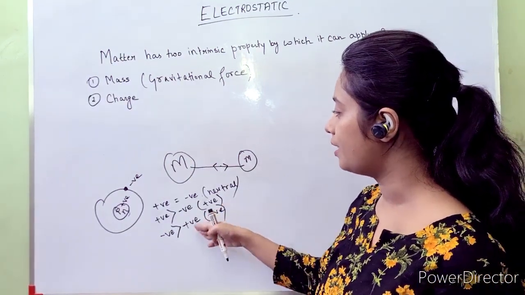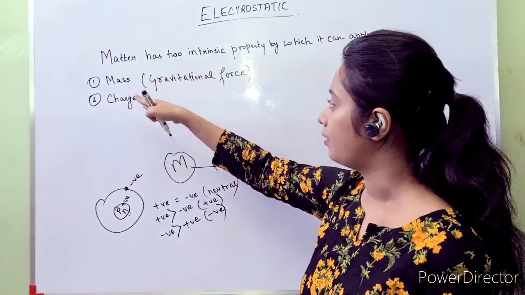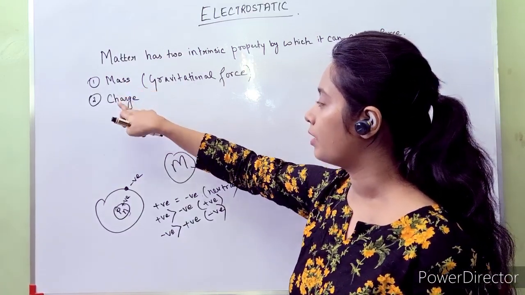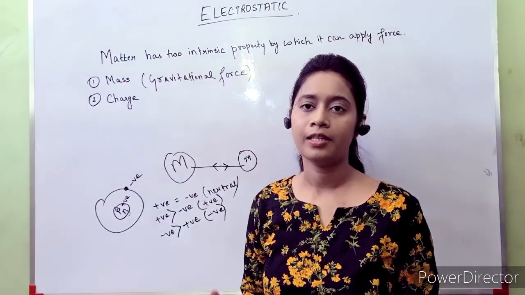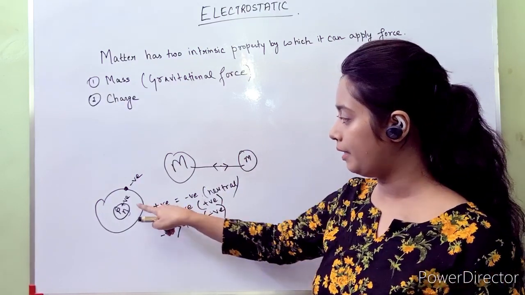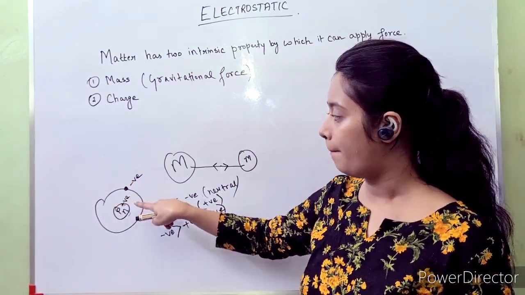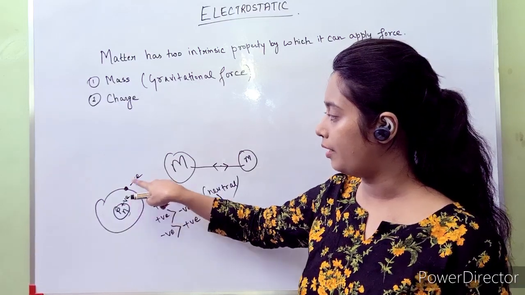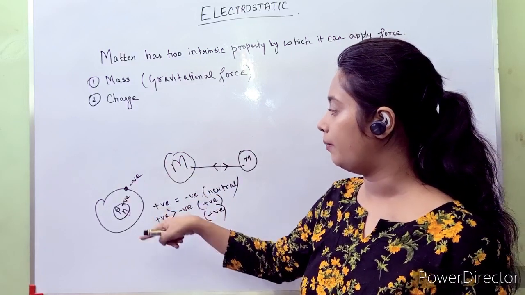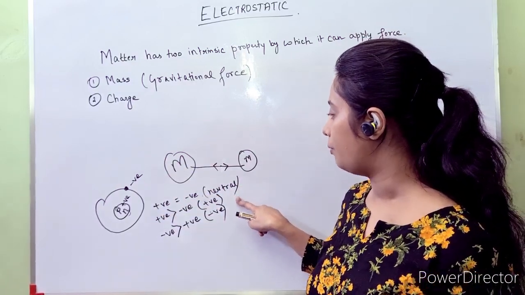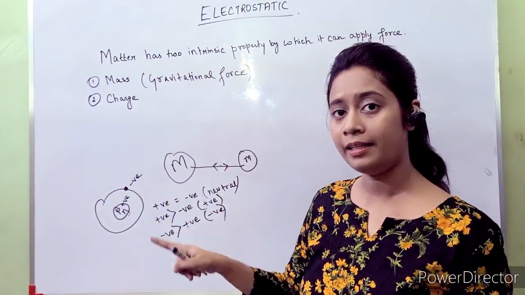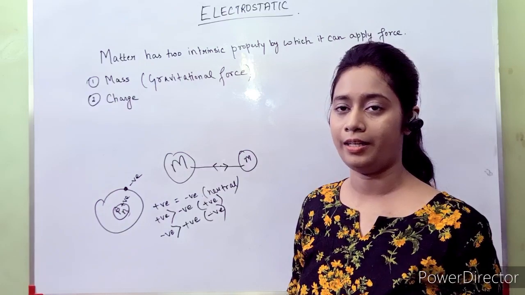So this is the reason behind why a mass has charge. Sometimes we see a mass has charge, sometimes we see that mass is chargeless. Chargeless means it has charge within itself, but the positive charge and the negative charge are cancelling each other. That's why the atom as a whole is neutral, and we will say that the atom is chargeless. But inside it does possess charge.